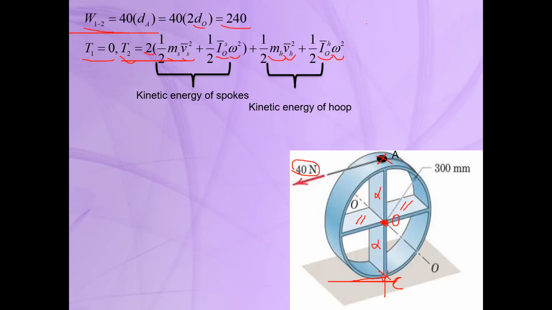The velocity of the mass center for the spokes is equal to the velocity of the mass center of the hoop, and it's equal to r omega, because we don't have slipping in the motion. The mass moment of inertia about the point O for the spokes is, as I told you, similar to